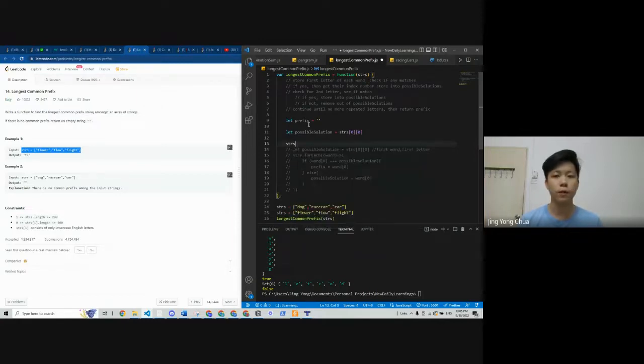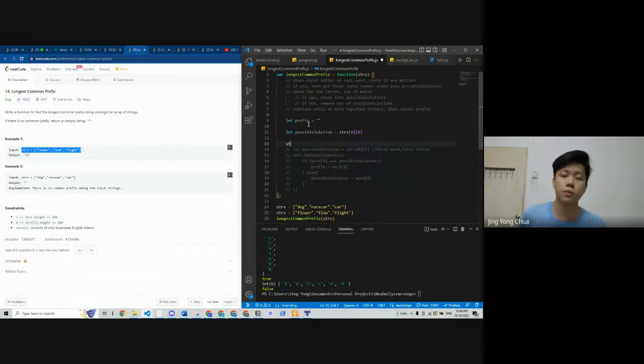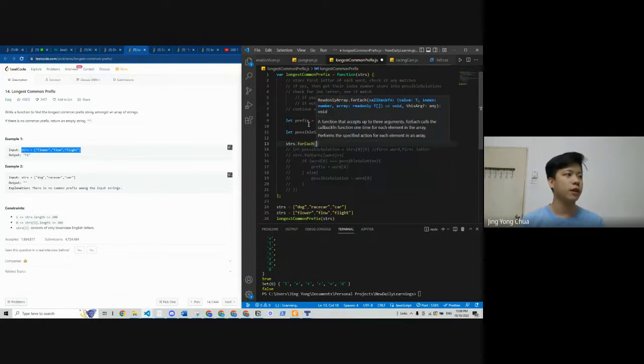Strings. By the way, are you familiar with forEach, Philip? Not really. Okay. forEach, right, it's basically a for loop. So if let's say you have 10 elements inside, then if you use forEach, it will loop through all 10 elements. It's a JavaScript function. That's why you see me using forEach quite frequently. So like strings, then forEach. If there are 3 letters, this loop will run 3 times.